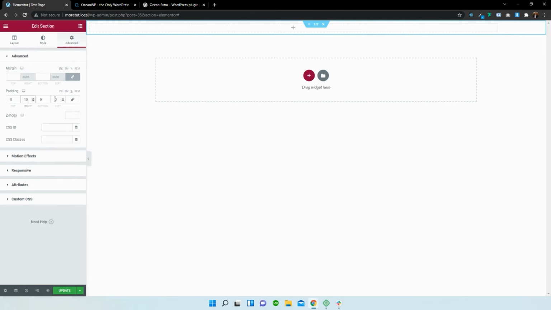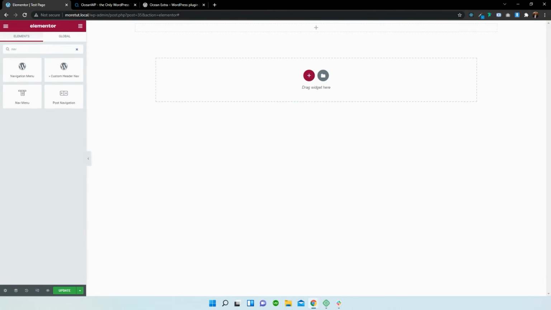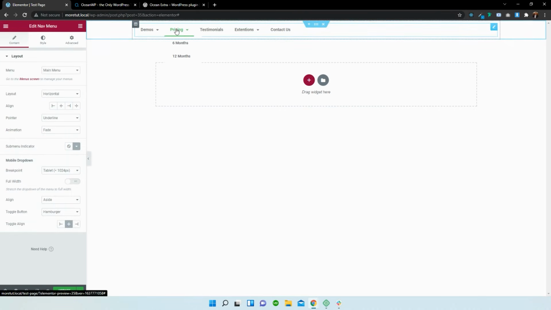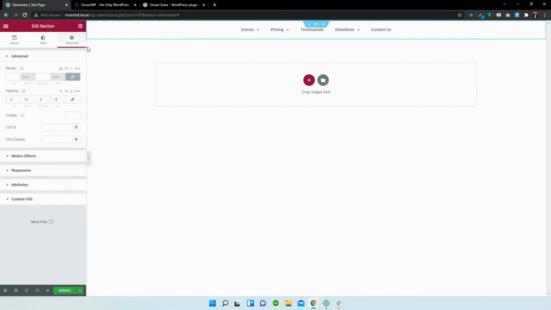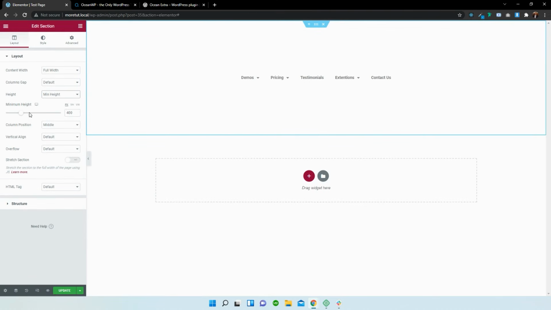10. Okay, and let's drag and drop our nav menu section. So our nav menu into that. And you can see that it's now pulled up our menu automatically as it's been given the name main menu. So let's just center that and let's give it some styling. So let's just give it some height, so minimum height of,